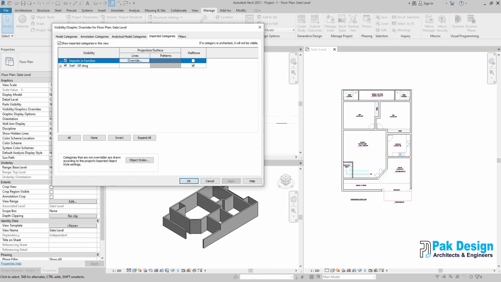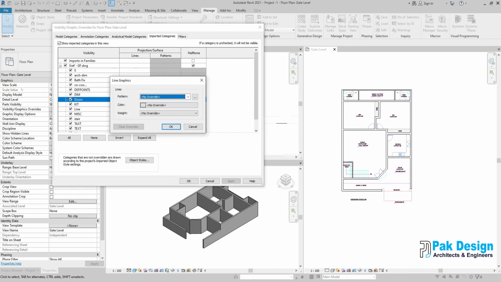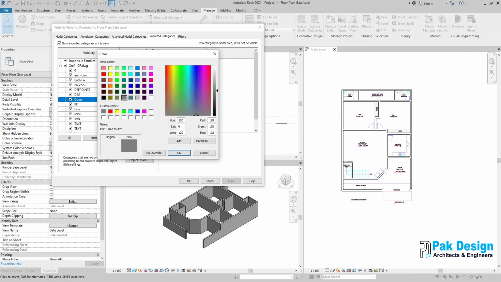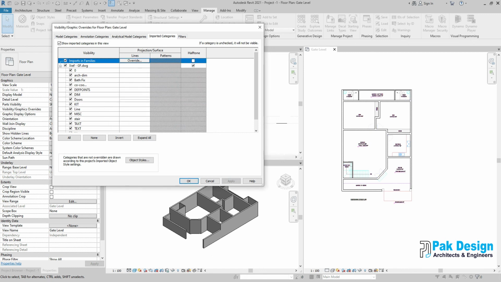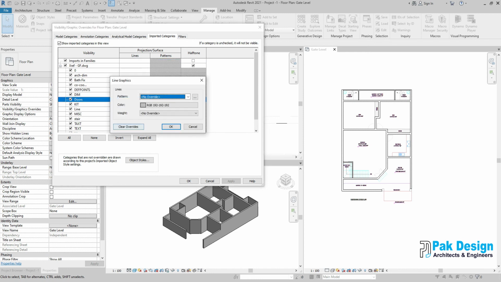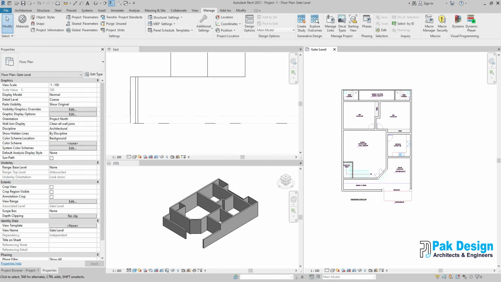Now all these colors are by layers, so if you want to change the layer color, these are still the same layers as in AutoCAD, so here you can change the layer, like this is the dimension layer, or a door layer. If you want to change the door layer color, you can change it here. This is changed now, see the door colors are changed. If you want to go back to the same color, clear override, now the original color came back.